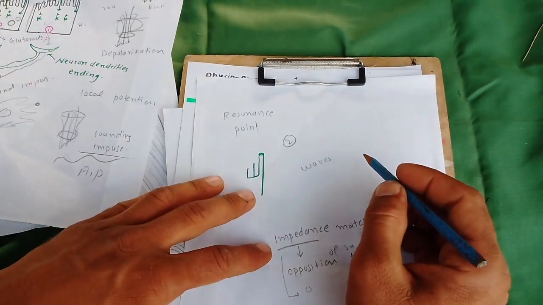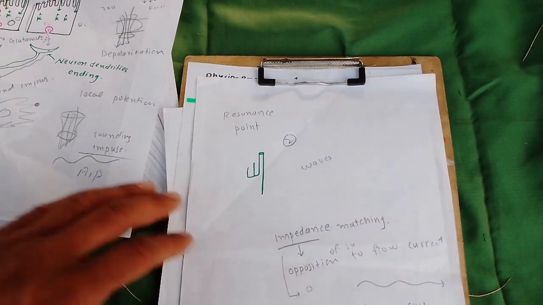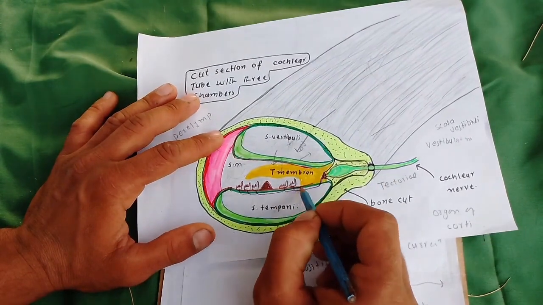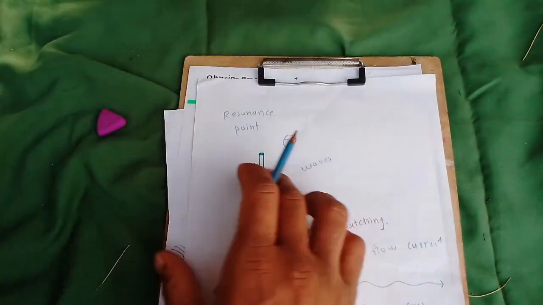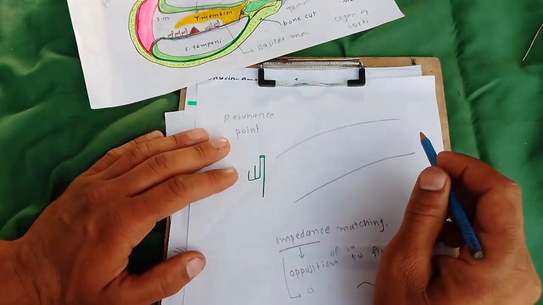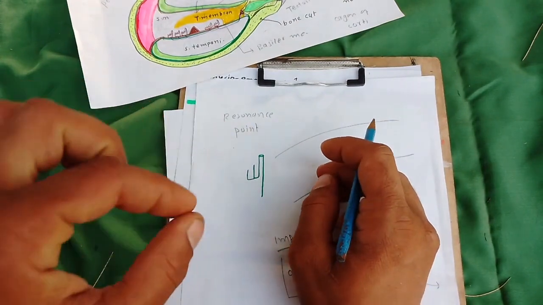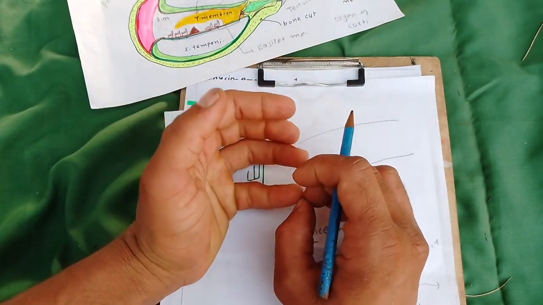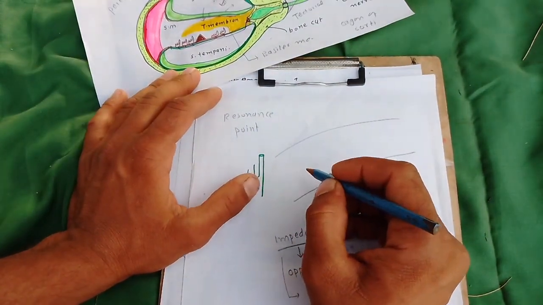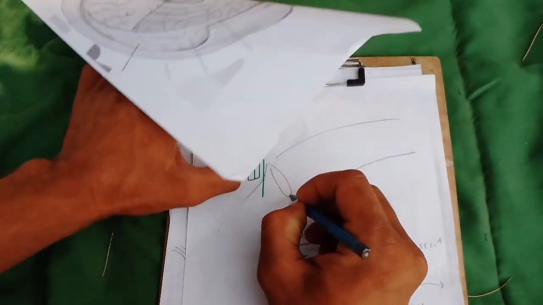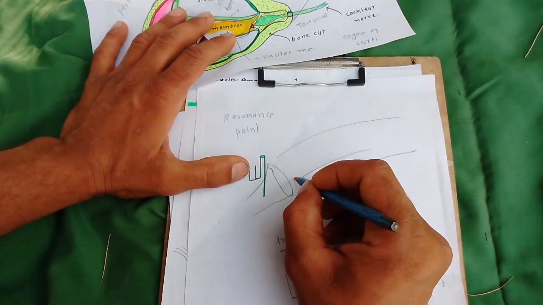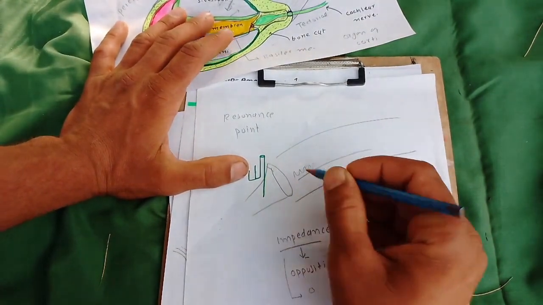Okay, as we know, this is the basilar membrane. Suppose this one. When the sound moves from the starting point, from the base, from the point of the stapes, then the sound, the frequency, then here the stapes. From here, suppose this is the basilar membrane. When the perilymph, this is the